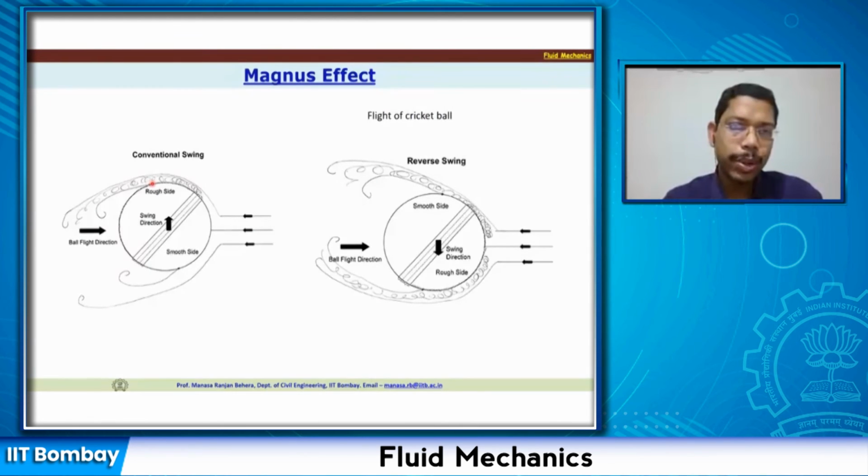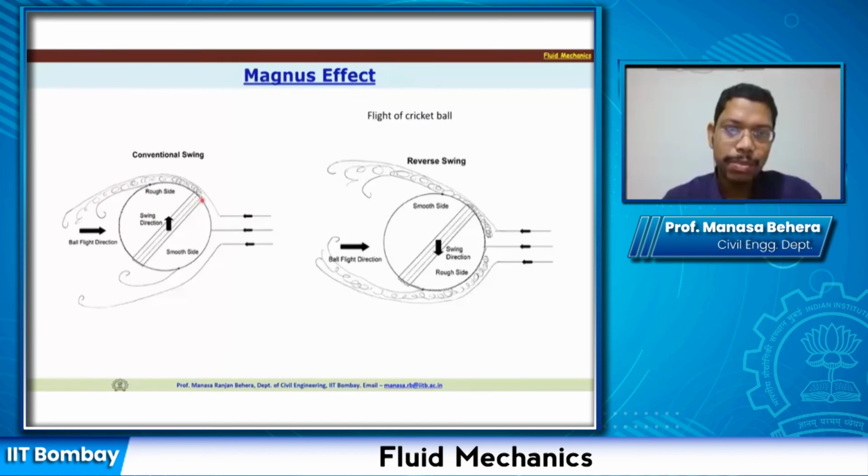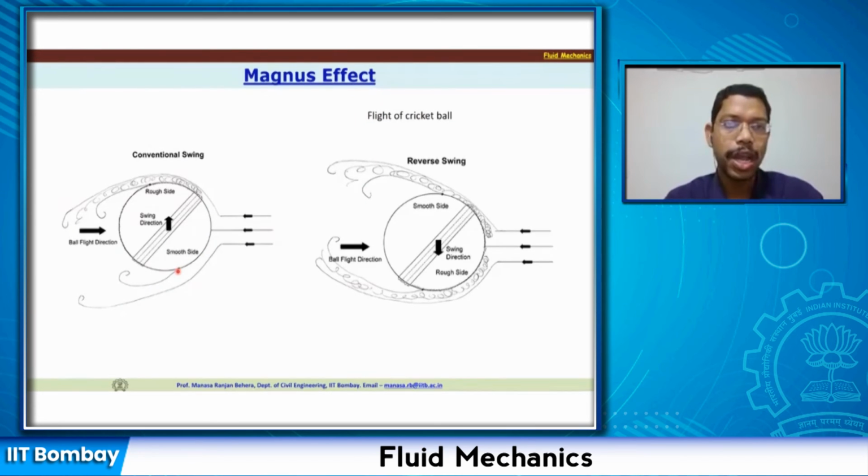So that's what is going to happen here. And because of the seam position, the flow is going to be separated slightly in the downstream, and on this side it is a smooth surface. Because of that, you see the flow separation takes place much earlier. And what happens in this case, there is a higher wake region formed on this side and a lower wake region on the other side, because of which the overall pressure distribution is going to be different.